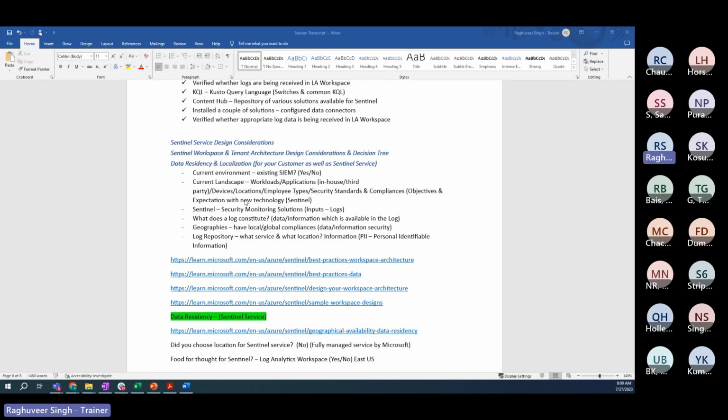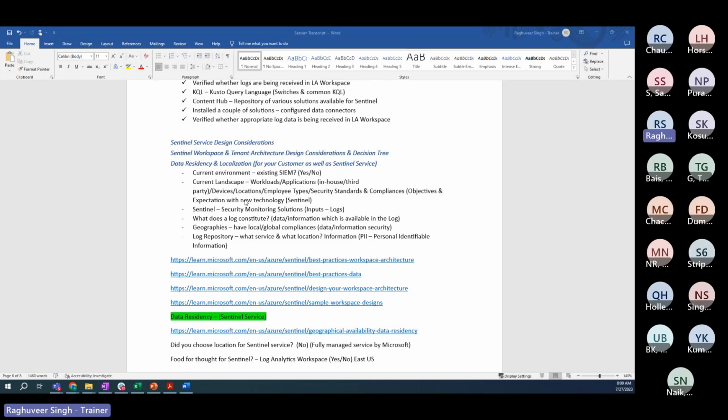So we looked at those use cases, and that gave us good insights in terms of how we need to deploy Sentinel, and how we need to plan for Sentinel workspace and tenant architecture if we come across a similar situation in future, when we are dealing with a client who intends to deploy Sentinel or migrate to Sentinel from an existing SIEM solution that the client is currently using on-premises. Then you will have the capability to suggest the appropriate architecture to the client by probing, by asking the right questions